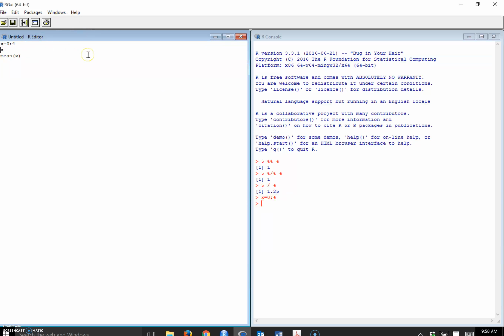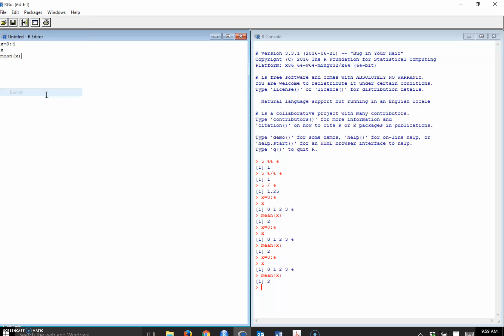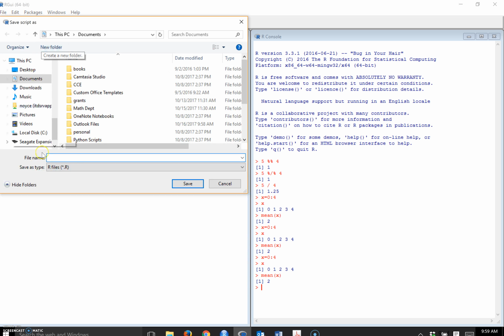So here I'm going to just do Control R, and notice over here on the console, whatever I'm running gets computed. Or I could do Control A, Control R, and it all gets run at once. Or I can go up here and just do Run All. Either way. I can then save my work wherever I want. I'm not going to save it today, but you just go to your directory. I like to save